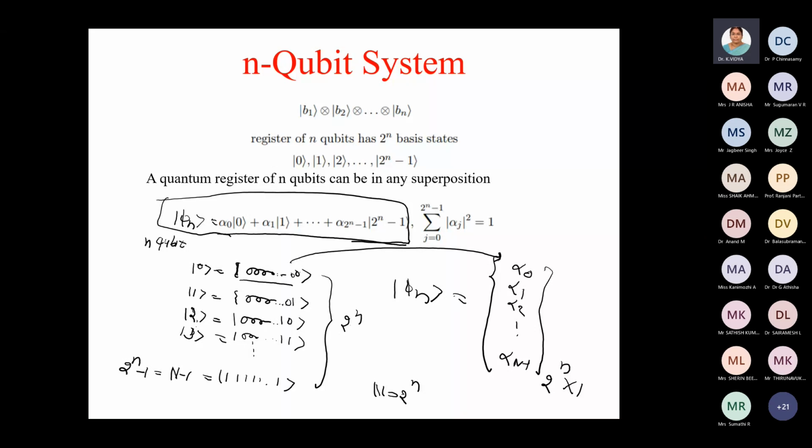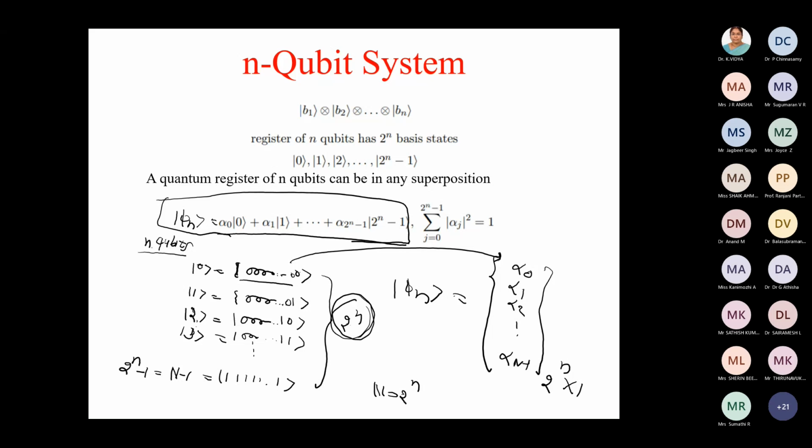So what I'm telling here is, if there is an n qubit system, it can be in superposition of all these 2 power n states. It's a linear combination of all these 2 power n states simultaneously. You should understand this: using only n qubits, we are able to hold 2 power n states in a quantum system in superposition. Sir, that means in superposition, all these states are simultaneously existing? Yes.